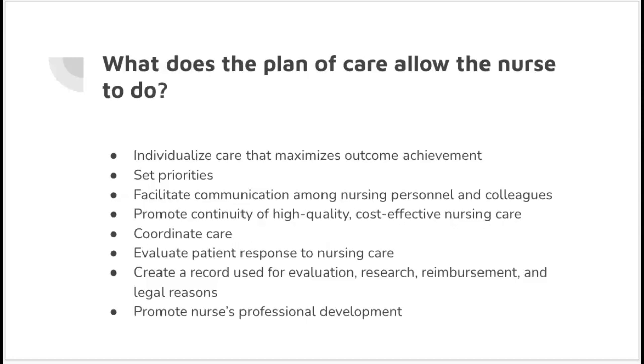So what does the plan of care allow the nurse to do? It helps individualize care that maximizes outcome achievement. It sets priorities, facilitates communication among nursing personnel and colleagues, promotes continuity of high quality, cost-effective nursing care, coordinates care, evaluates patient response to nursing care, creates a record used for evaluation, research, reimbursement, and legal reasons, promotes nurses' professional development. So setting priorities is one of the big